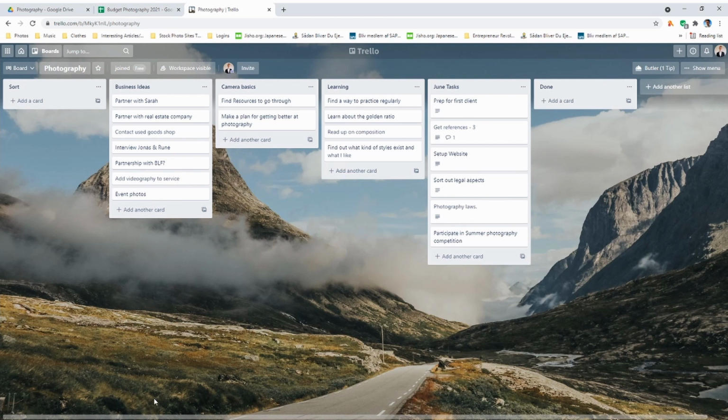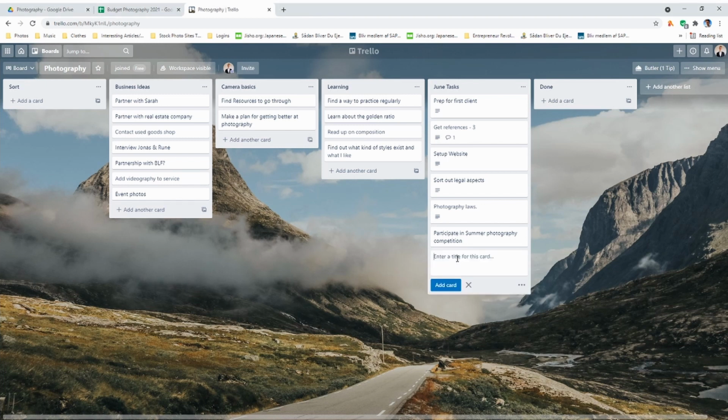I think we really have a plan now for June, and we do need to set up a plan for July, but first we need to get these things sorted so that we can get our first paying client in July. It's going to be exciting, and I'm super nervous about it, but